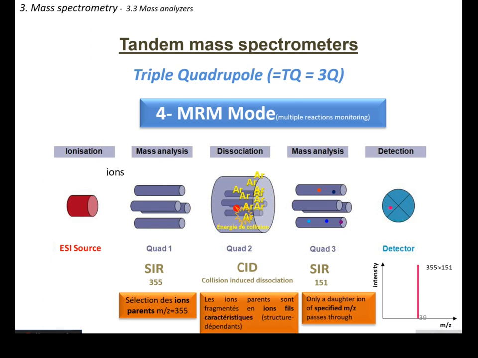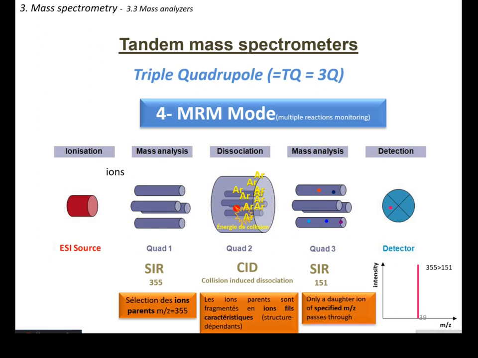And so this is what's happening. You generate a mass spectrum of the daughter ion of a particular parent ion. So this is how we write it, 355 greater than 151, the parent and the daughter. It's very interesting also because in this case, the method is quite selective. Even if you have isomers with exactly the same nominal mass or exactly the same mass, maybe in one of them you have a different ion. And so you can choose this ion to separate with the mass these two isomers